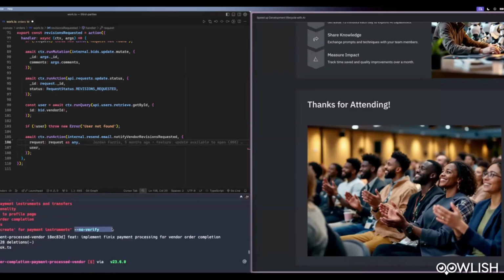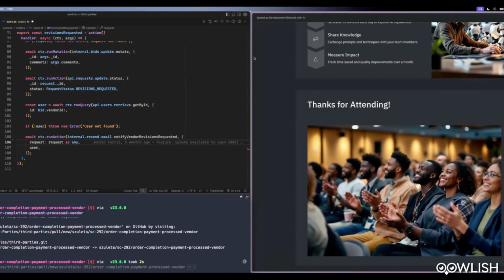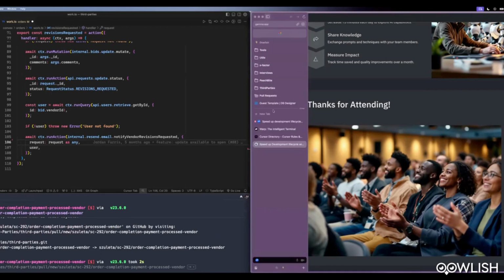Yeah, so with no verify, I don't know if you noticed that once I started to add the flag, Warp suggested the rest of the command completion. Sorry, I was a bit quick. But yeah, as you can notice here, it already suggests me to push those changes. So I will say, yeah, please do, and I will push those changes to this branch, and then we can come to our